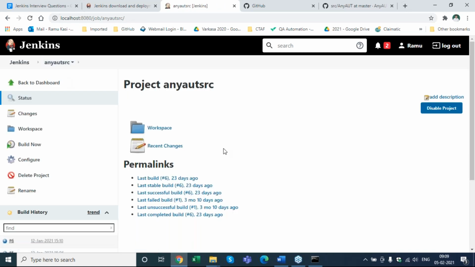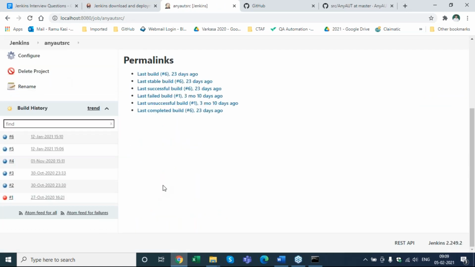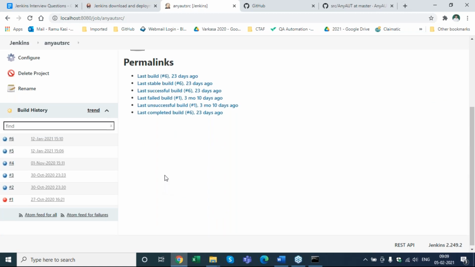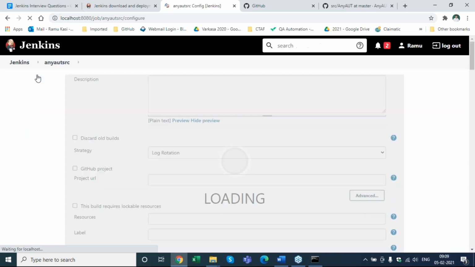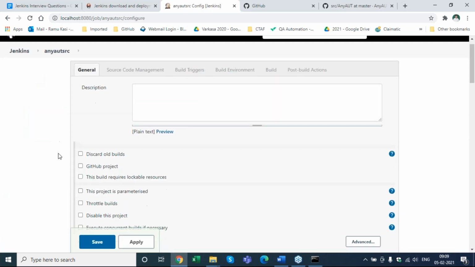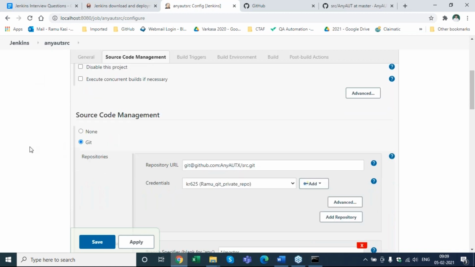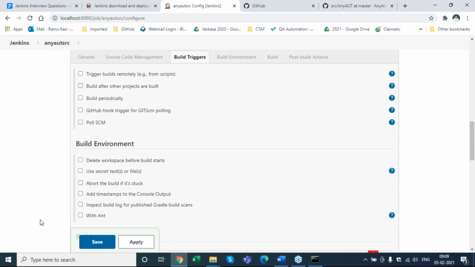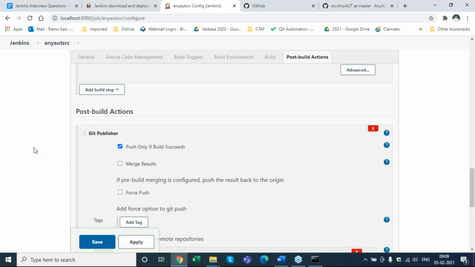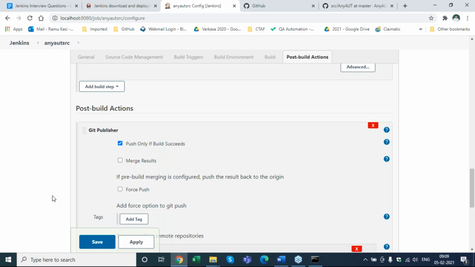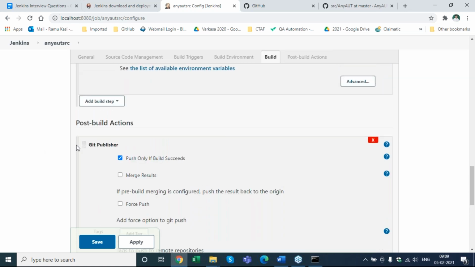What are post build actions? Anyone? In the build configure, what are post build actions? Post build means after it has been tested, deployed. After the job has completed execution, you could do certain things. Will it execute if the job failed?